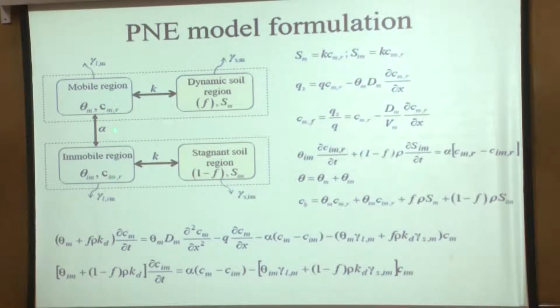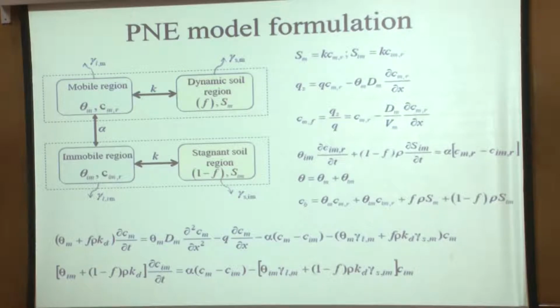The solute concentrations that are associated with the mobile and immobile waters have the same symbols. For the soil that is attached to the mobile region, that means where solid phase interactions occur, the solid phase concentration is S sub m. S sub Im is the solid phase concentration which is reacting with the immobile water. We think that F and 1 minus F are the fractions of the soil that are interacting with the mobile water versus immobile water. Then for the mobile region of the soil, theta sub m and S sub m,